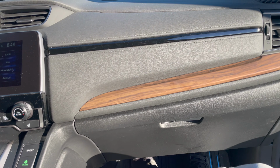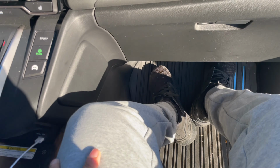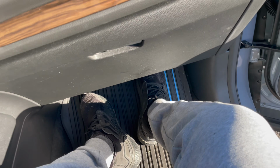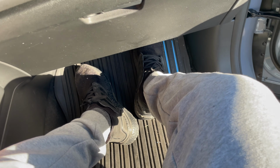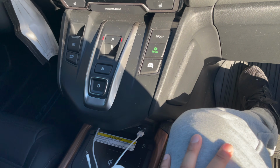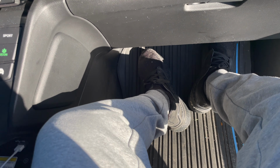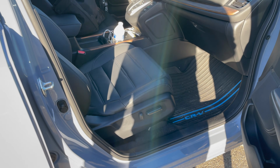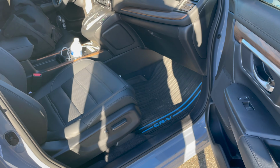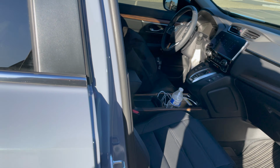It's a comfortable car to be in with car seats. Of course, if you don't have car seats, then obviously you could move the seat more back and have more room up here, front passenger and driver side, and it would be more comfortable. But I'm making this one specifically for people that have kids, are thinking of buying this car and want to see how they fit in the car, because that's the first thing I look for, because the seats are bulky, and to see how much room I have, because